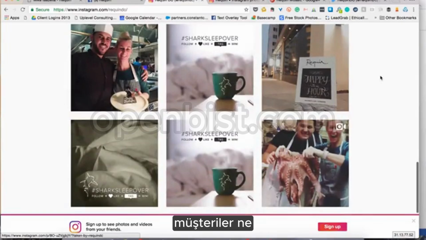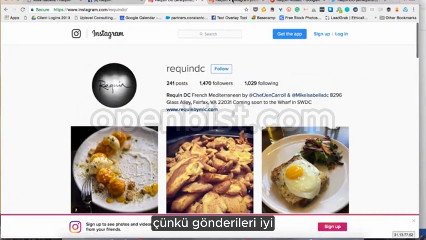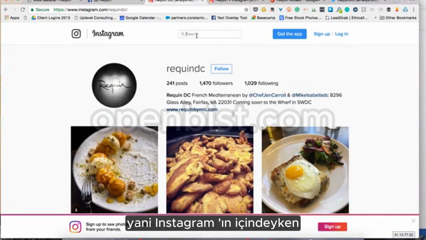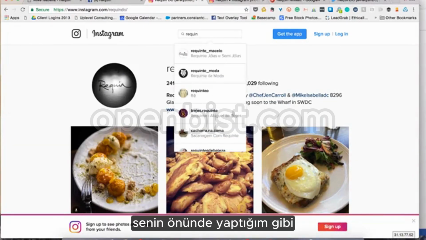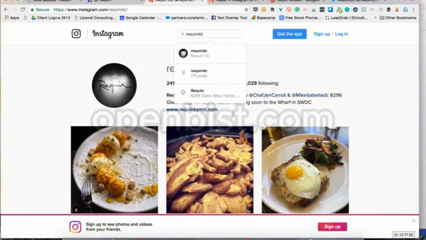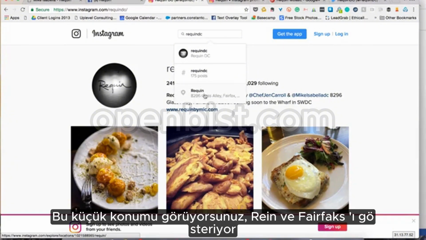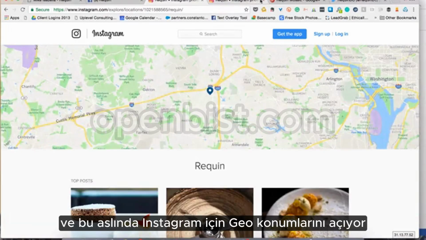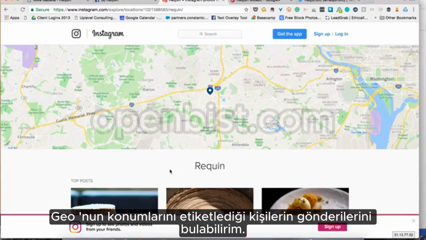Honestly, what customers they do get are probably coming in from their Instagram because their posting is decent, but here's another challenge. So when you're inside of Instagram, one of the things I do is I type in like this, like I'm doing right in front of you. I'll type in until it pops up their location. You see this little location? It shows Requin in Fairfax. I'll click on that, and that actually opens up their geolocation for their Instagram,